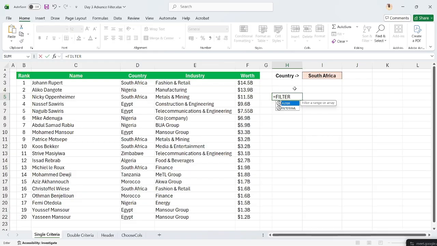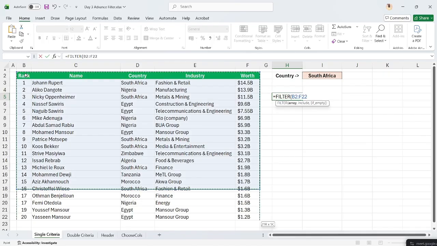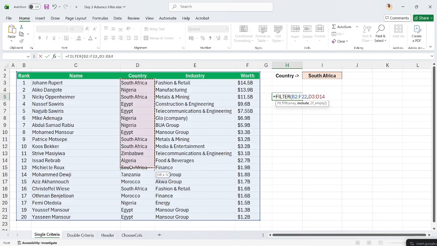filter. It says filter a range or array. So we'll open the bracket. Again, remember the syntax is always your guideline. Always let the syntax guide you. So what is the array? The array is this entire thing. That's our array. Then comma. What should it include? It should include this range where